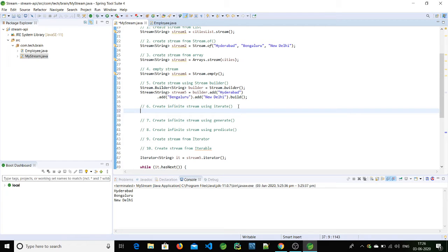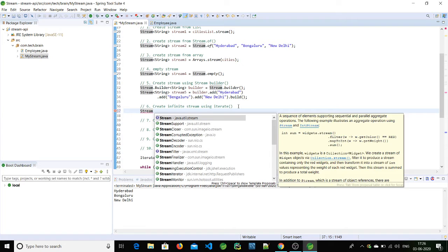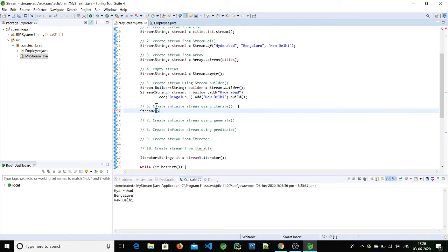So in this case we'll create a stream by using the iterate method. Let's create that stream of integer values so that I can explain better. This iterate method expects two arguments.